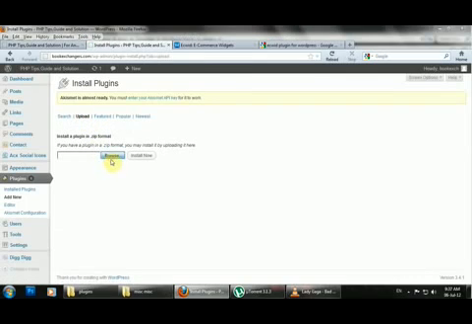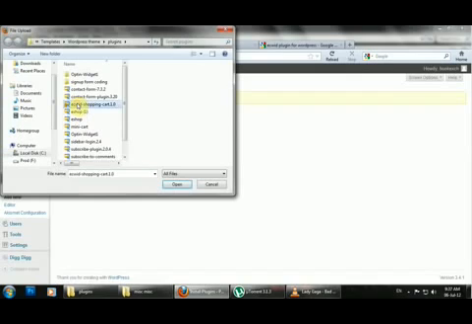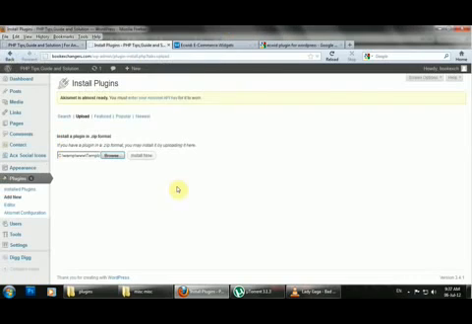See, I am uploading. I kept it in a WAMP folder. You can keep it anywhere else. I am just keeping it in my WAMP folder because I am collecting all the plugins, so that this Ecwid plugin is working. The eShop minicart plugin is not working properly. Okay, go to Ecwid, open it and install now. It will take some time to load because it has all the configuration files. Just wait for a minute.